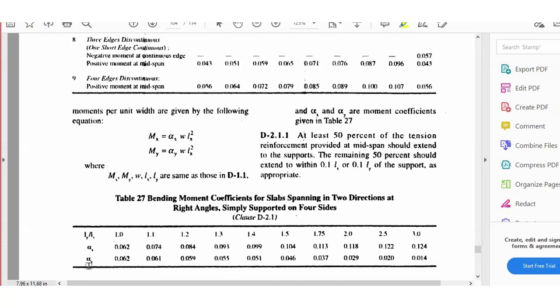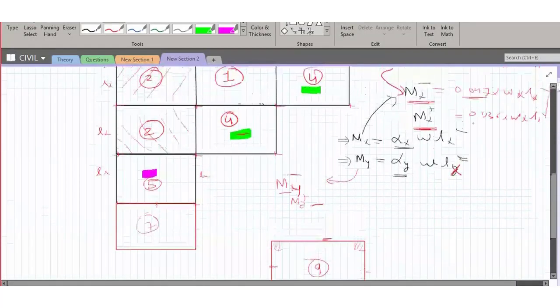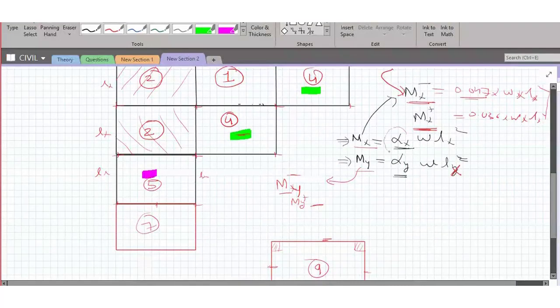Till here, I hope things are clear. If not, feel free to ask. Is this clear to everyone? Computing moment is very simple. Mx and My. Only thing is I should select proper alpha x and alpha y. And this alpha x and alpha y will depend upon the boundary condition or the edge condition of the supporting slab. Based upon the edge condition, you will identify under which case it is going to come. You will refer table number 26 and select the coefficient. If corners are allowed to lift, it means you have to refer table number 27. Is this clear to everyone? If not, you please clarify the same now.